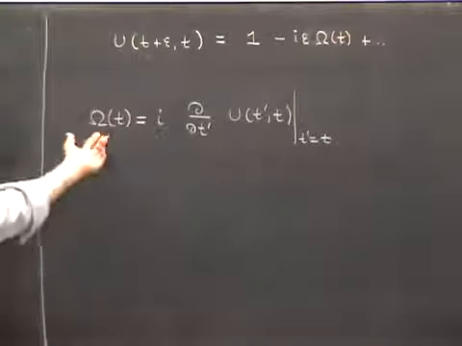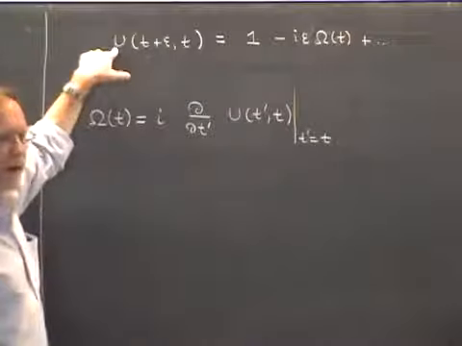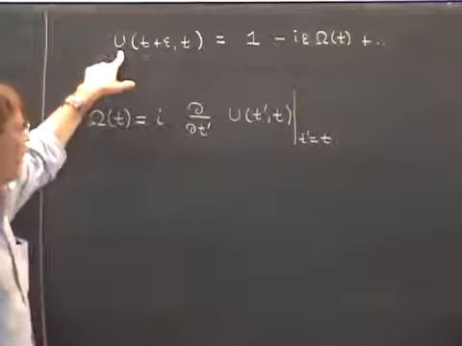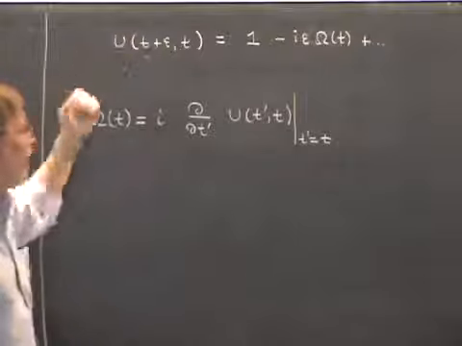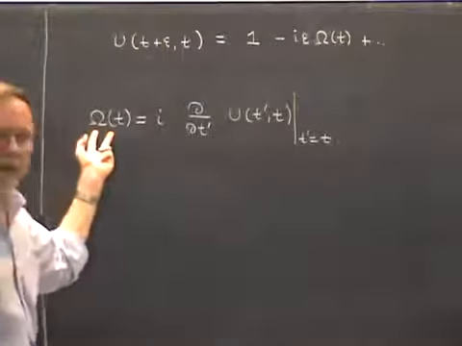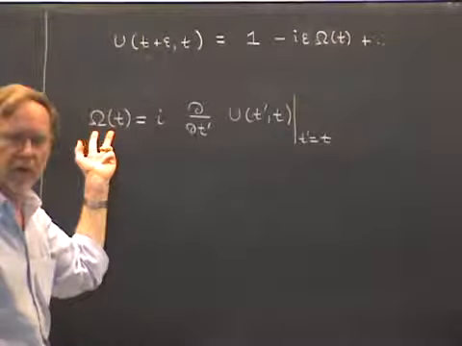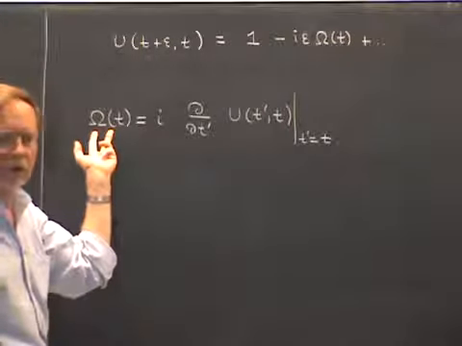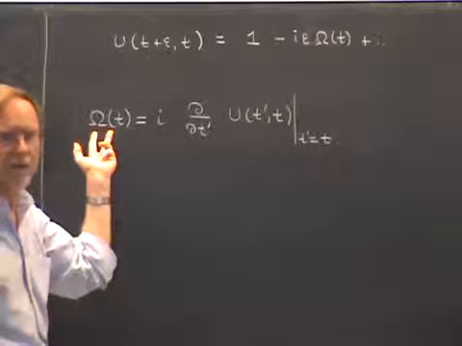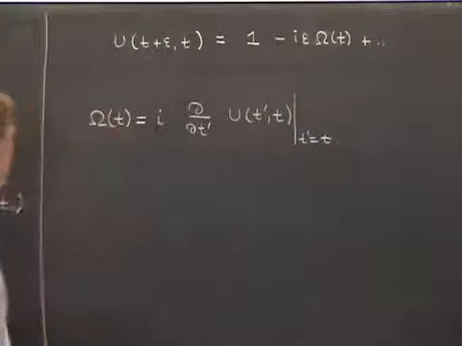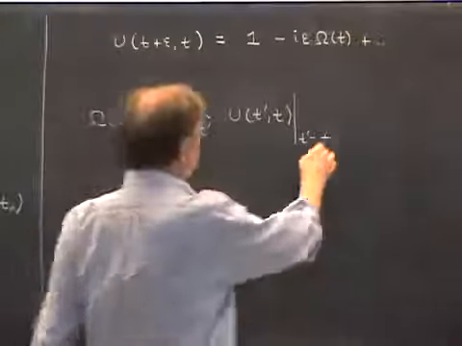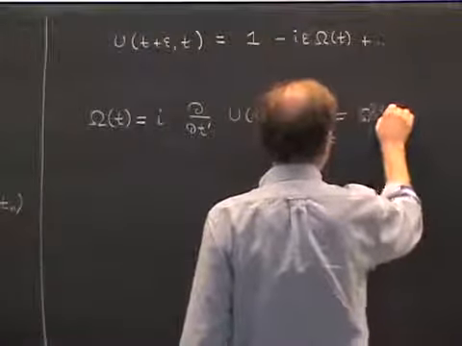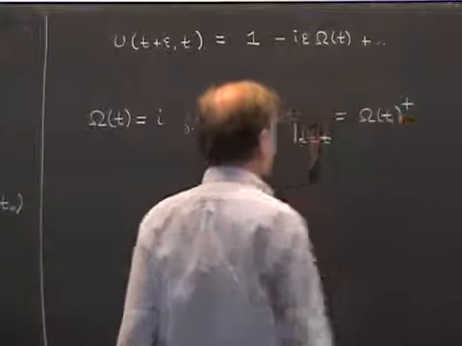The reason omega is Hermitian is because the original operator u is unitary. If you write down u and u dagger, and you multiply them together, you'll find that omega is equal to omega dagger. So it's a Hermitian operator. I won't go through the proof of that because it's the same proof as what we did earlier for the momentum operator, I think, in the last lecture. But in any case, omega is equal to omega dagger, and it's therefore a Hermitian operator.